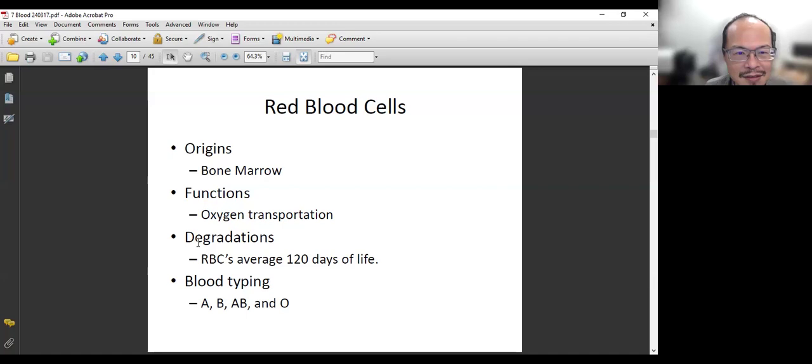Now another thing is degradation. We usually don't talk about cell death. It's a funeral, in a way. When we talk about cells and organs, we always talk about location and function. We don't usually emphasize their dying. We do for the red blood cells because they are abundant and they have a short lifetime. So it's something that our body needs to deal with. We just need to have a mechanism to deal with this